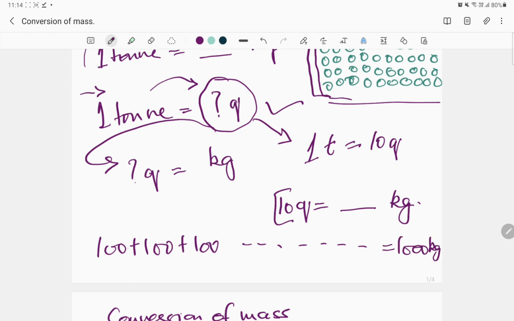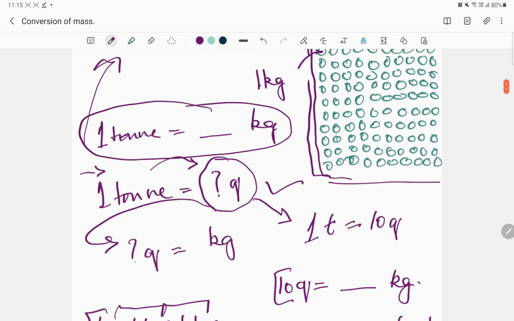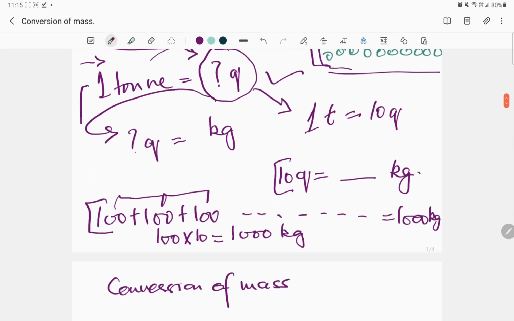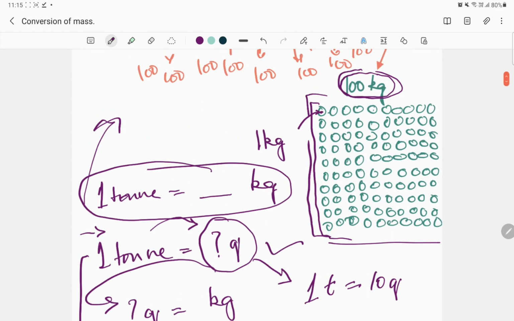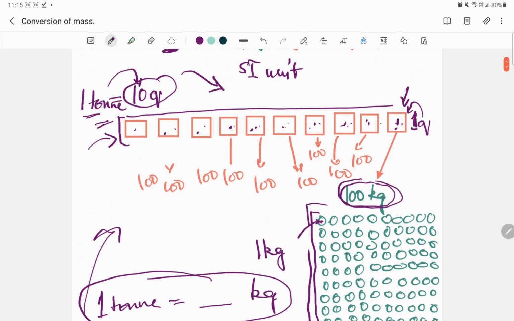You get 1,000 kilograms. Rather than doing this multiple addition, you know the mathematical operation of multiplication. If the same number is added over and over again, it is simply multiplication. So we say 100 kilograms are added 10 times. It's the same thing, and you get a value of 1,000 kilograms. But you see, in order to solve this small problem, how many kilograms are present in 1 ton, you proceeded with so many steps. So rather than doing such a big massive calculation, there is a simpler method that we've already done. Why I did this was so that you could actually visualize how much is a ton, how much is a quintal, and how many